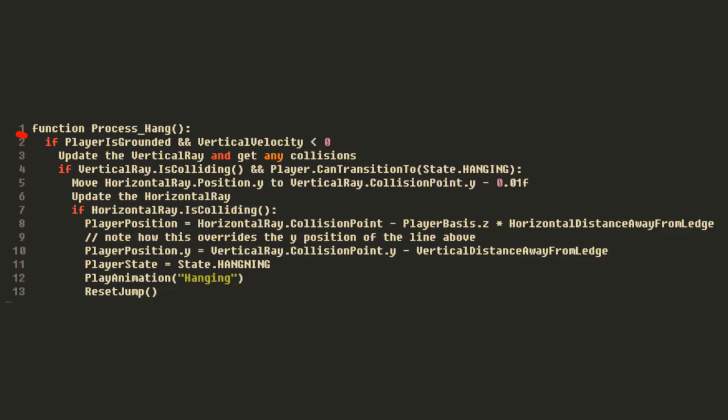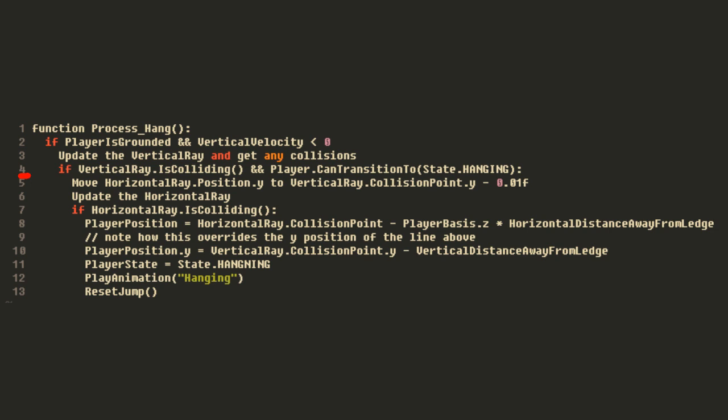Moving on to the actual function. Remember that this function is called every physics frame for the player, or every fixed update in Unity. Firstly, we only process this if the player is not grounded and he is falling down. Then, we shoot out our first ray, the vertical ray. If the ray hits something and our character can transition to hanging on the ledge. Cases of when he cannot hang on the ledge are those such as when he gets staggered because he got